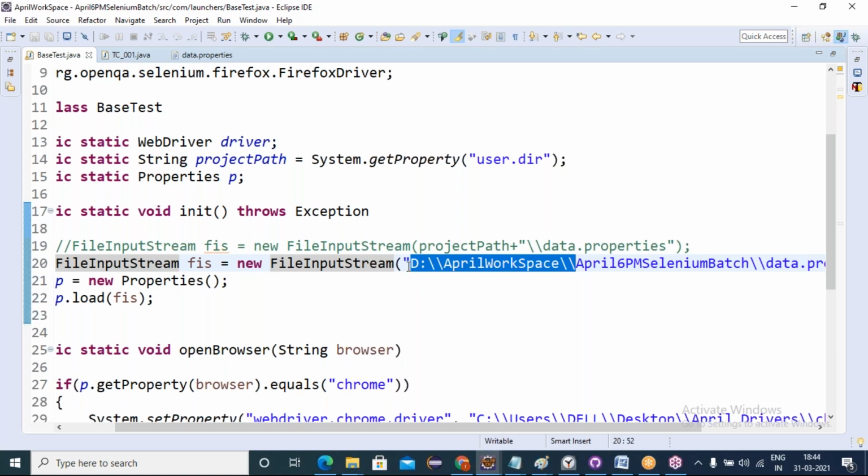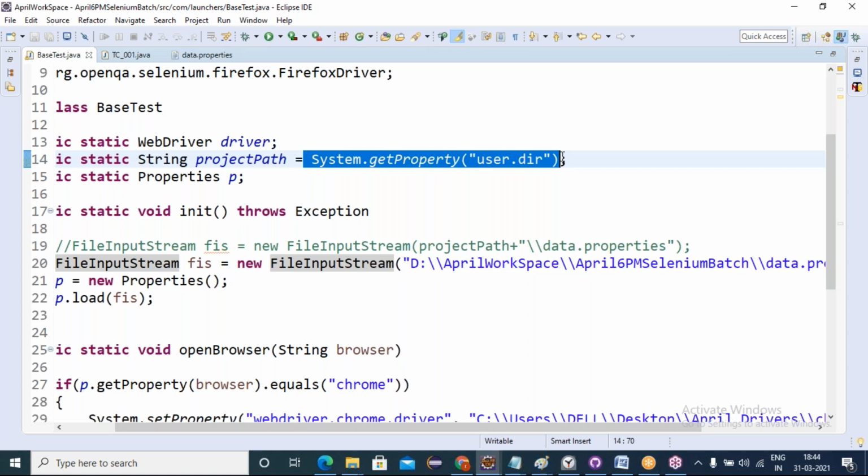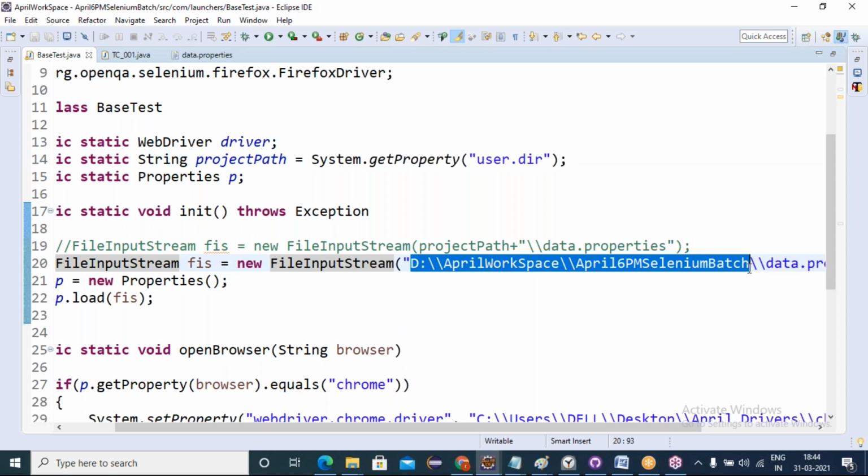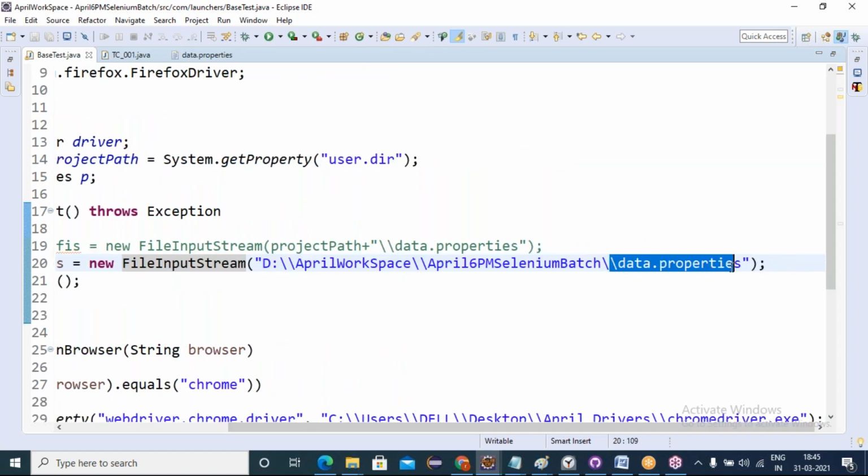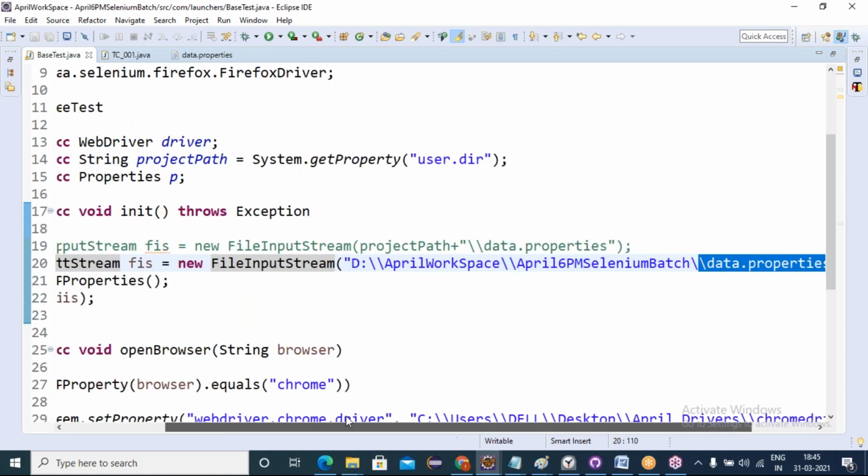To get my project root directory dynamically, I used this statement, System.getProperty user.dir. Once we get the project root directory dynamically, it gets easy to get this file. That's what I did, friend. Understood?